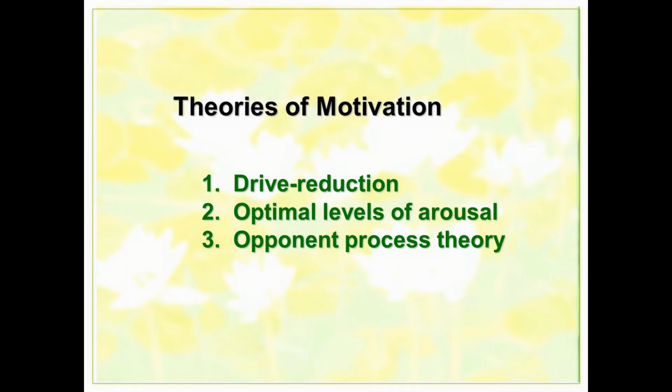This is more than you need to know for a quiz, but basically, because there's a process that changes, and in this situation it would be negative, that would explain why it takes more and more of a drug to get a person high compared to the first time they took a drug. Opponent process theory for motivation is not a popular theory today, and it has been questioned in terms of whether or not there's a physiological basis for this theory.